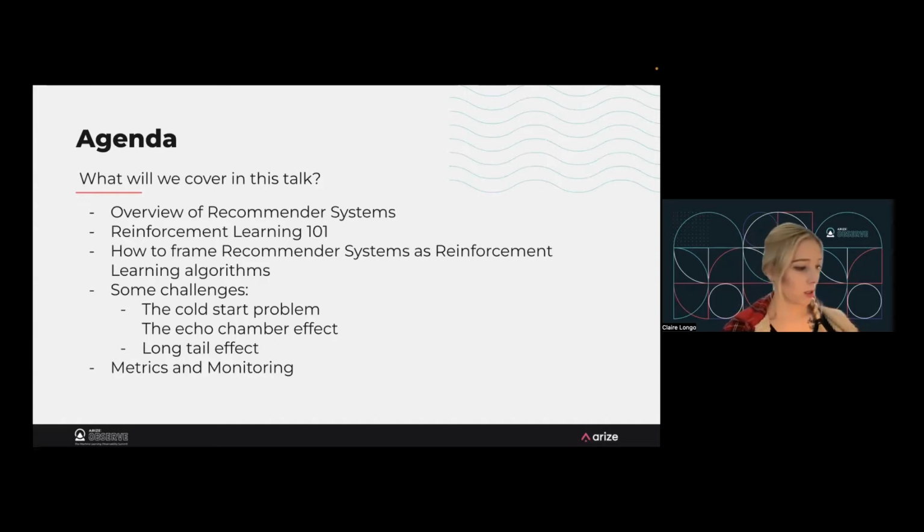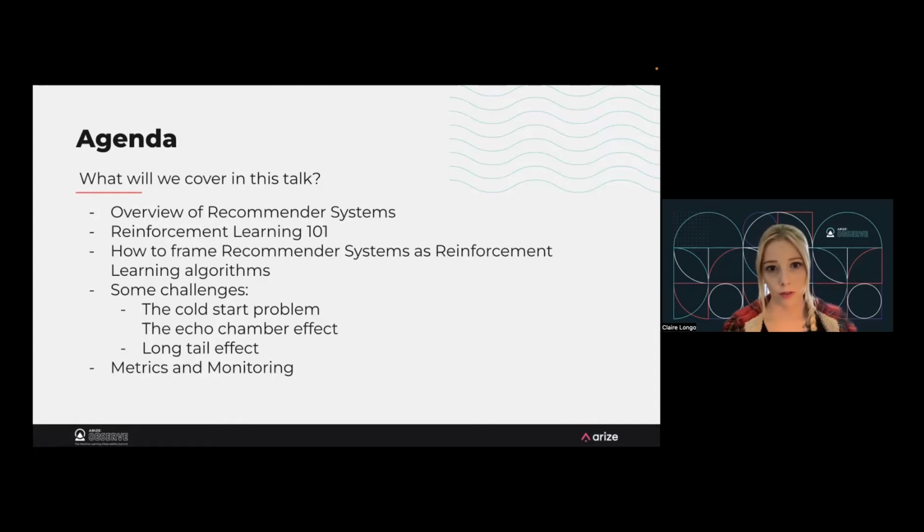Cool. So what are we going to talk about today? This talk is really geared towards people who maybe already have a good understanding of machine learning and recommender systems. I'll talk about recommender systems and reinforcement learning at a high level, but we won't spend a lot of time there, and I'm not going to go into deep mathematical depth. Instead, this talk is really meant to present some things that could be a good jumping off point if you want to take this stuff further, and maybe as a source of inspiration of how you might use these algorithms for your applications.